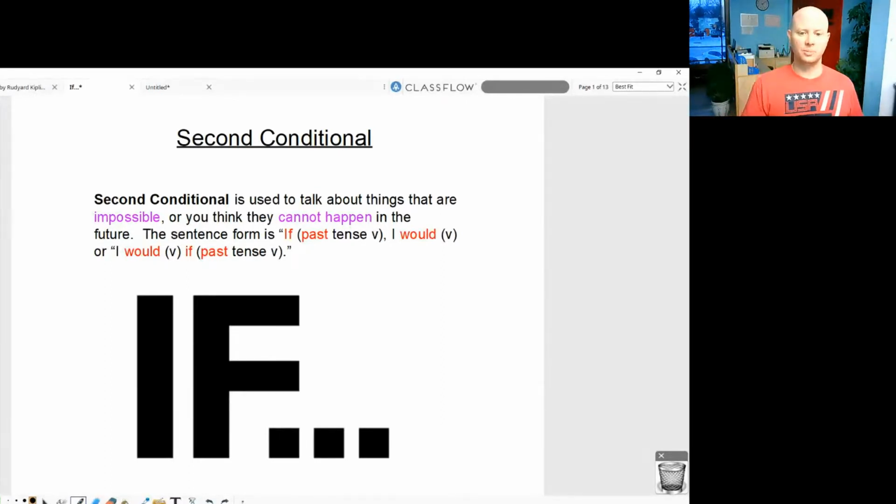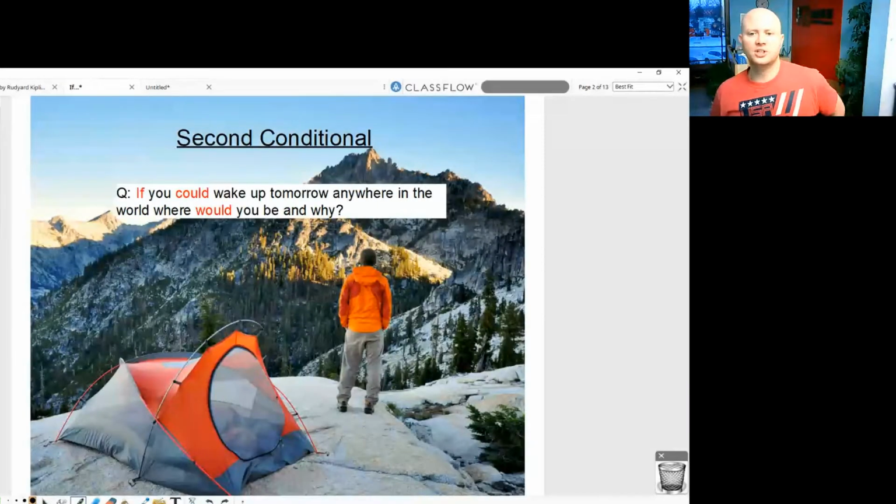So the sentence form is: if, past tense verb, I would verb. Or you can switch it to say: I would verb if past tense verb. So let's take a look at an example here. Here's a question that we can ask, and the question uses the second conditional, and the answer will also use the second conditional. So the question: if you could